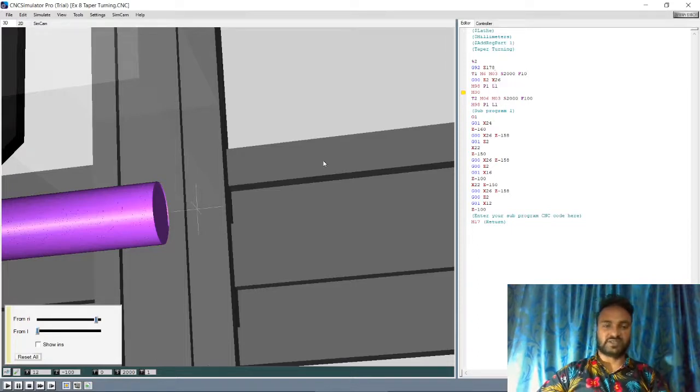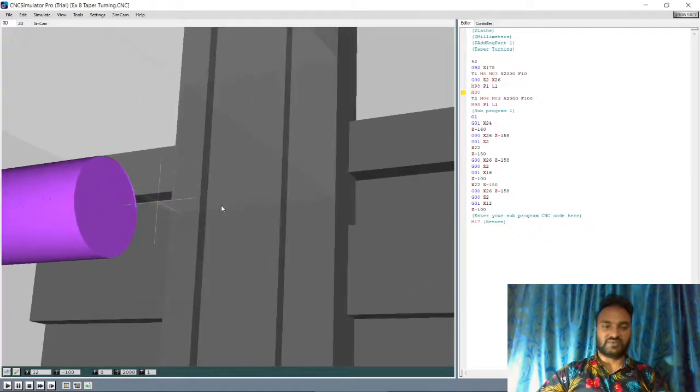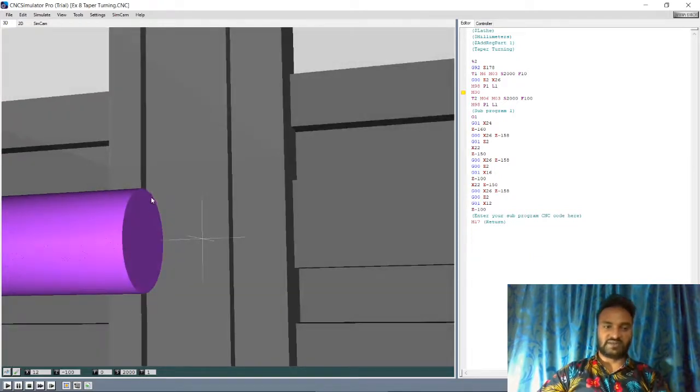Then X26. If the outer workpiece diameter is 50, so what is the radius? 25. So from the center of the workpiece to this periphery, the radius is 25, so I will take 1 mm off. Then I will set the tool to go inside. How much? To cut 1 mm thickness of the material. Okay, so from 26